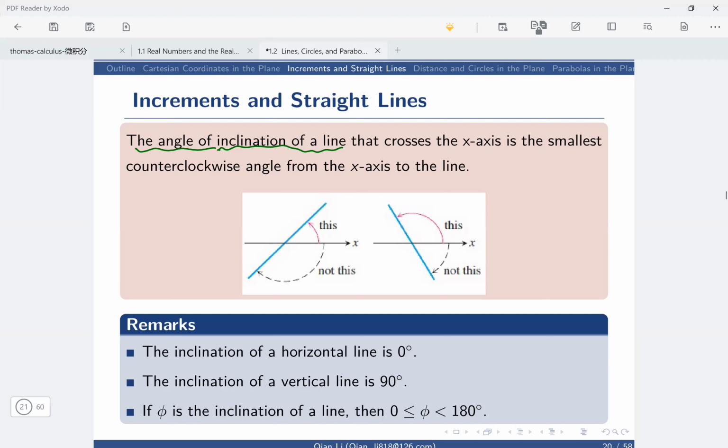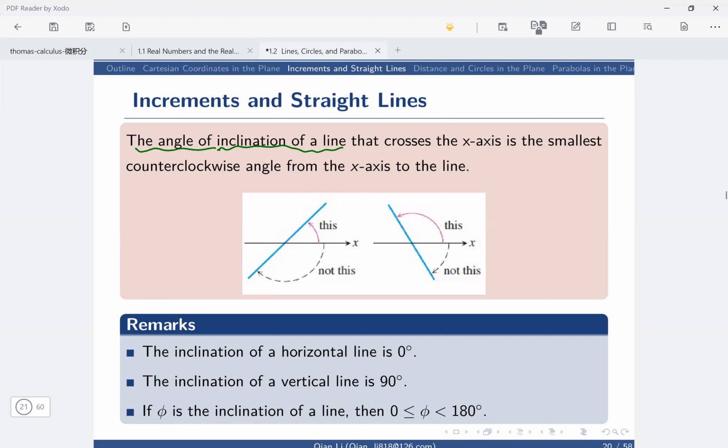This is the angle of inclination of a line that crosses the x-axis. It means the smallest counterclockwise angle from the x-axis to the line. Means, let's see